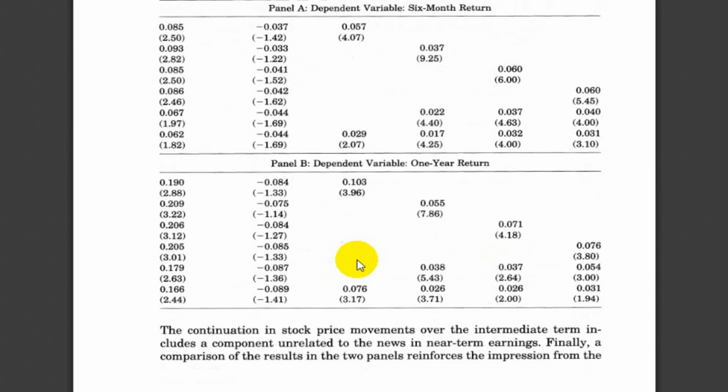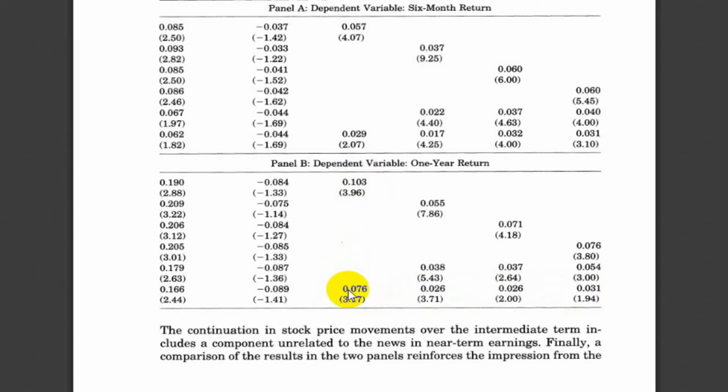So now let's take a look at panel B, which has the 1-year returns. So when we use the past 6-month returns alone in the regression, its slope is 10.3%. But introducing all of the earnings surprise variables into the regression drops it down to 7.6. But regardless, the